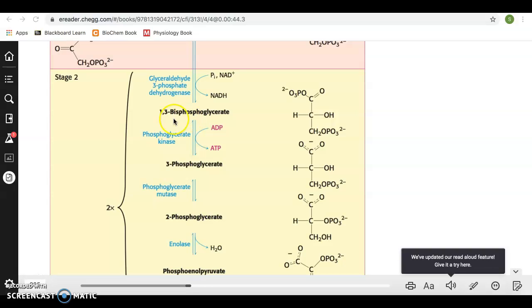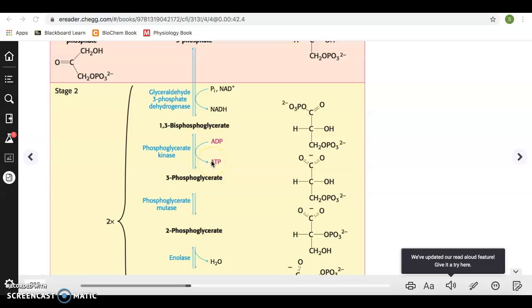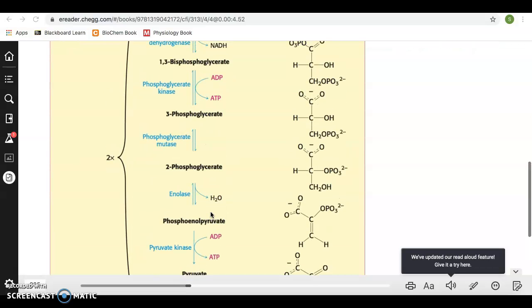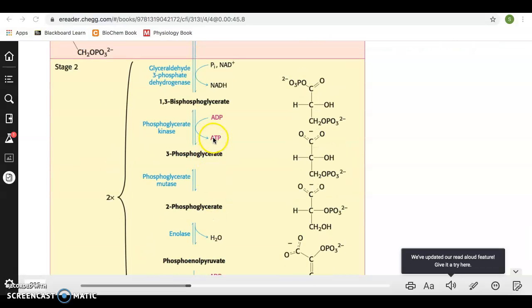After that, our 1,3-bisphosphoglycerate phosphorylates this ADP into ATP with phosphoglycerate kinase. So that gives us another net ATP. So now we've lost an ATP, gained an ATP times 2,